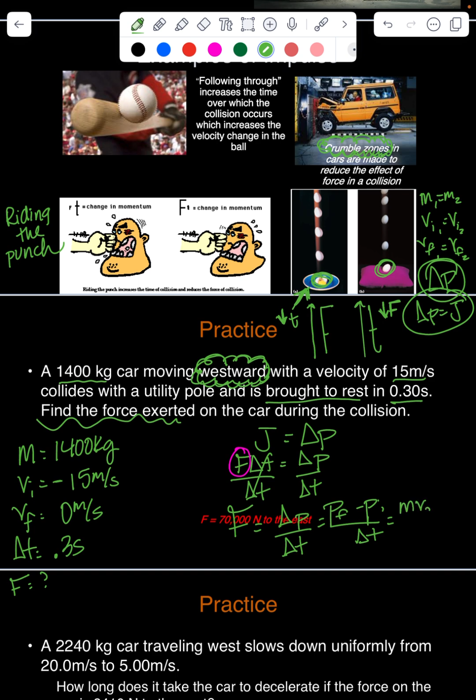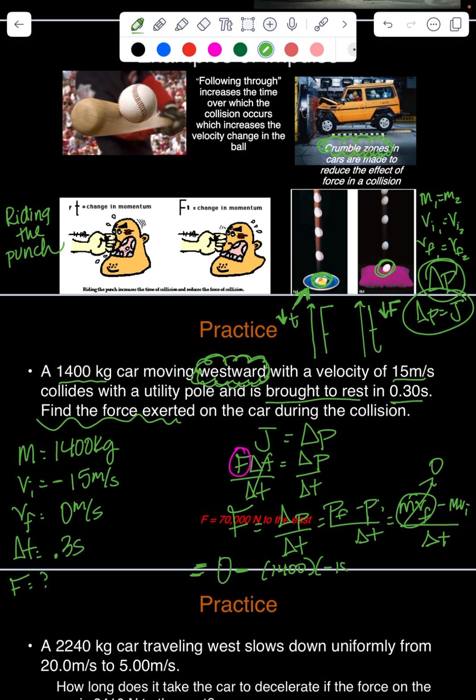So we have mv final minus mv initial over time. All right, now our final velocity is 0, which means that this whole thing is 0. But I do not want you to just take that completely out of the equation. All right, this 0 comes first, so it's going to be 0 minus a number. All right, so we have 0 minus